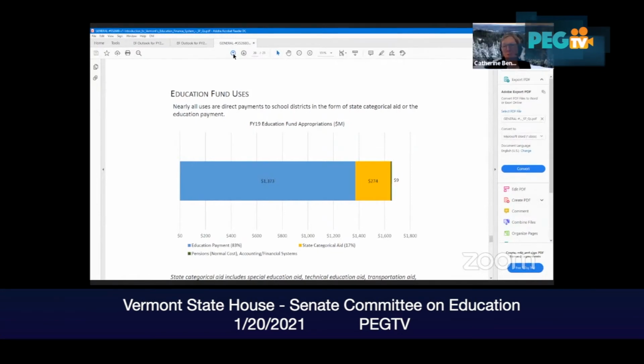If I might follow up also just on a historical background, I worked on the foundation formula pre-Act 60, and if you were a town receiving state aid, you didn't know what your state aid was going to be till the legislature adjourned. So it was a similar situation where you have voted a budget in March and you would not know till May or June what the state aid was going to be, so you didn't know what your tax rate was. So if you were a town receiving aid,